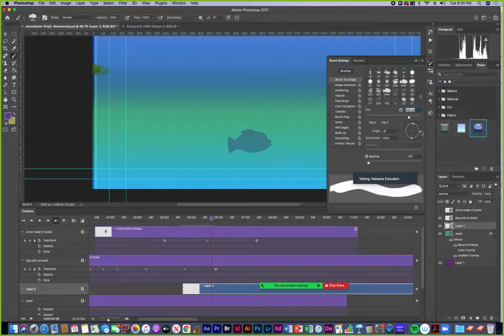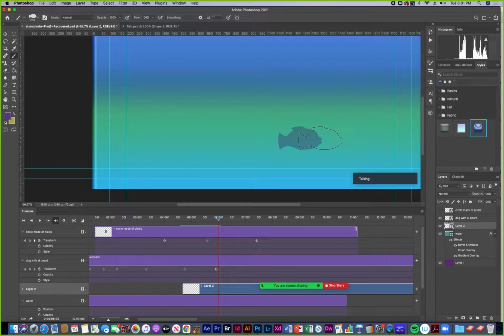Maybe I'll adjust the rotation again, a little bit, click, go forward, click, go forward, click. It's just stamping it in there.